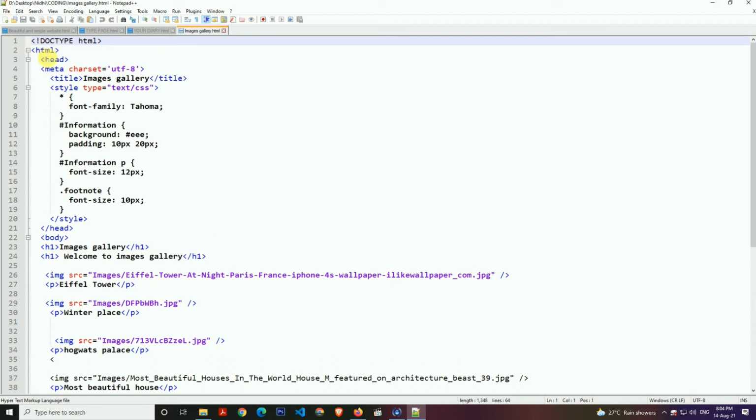That doc type HTML, head and meta charset and title, and style type, it will be our text/CSS. First of all, guys, if you have created this, before that we have to save as hypertext markup language.